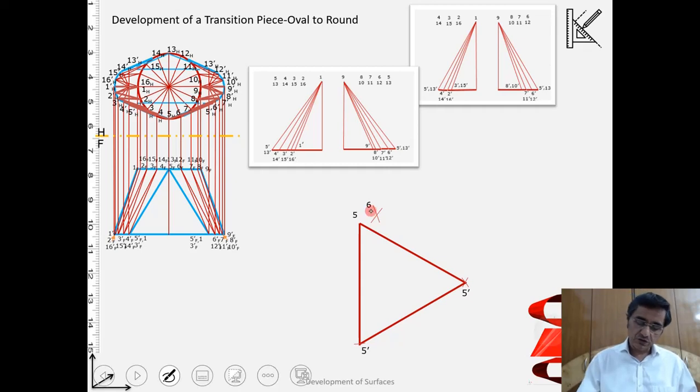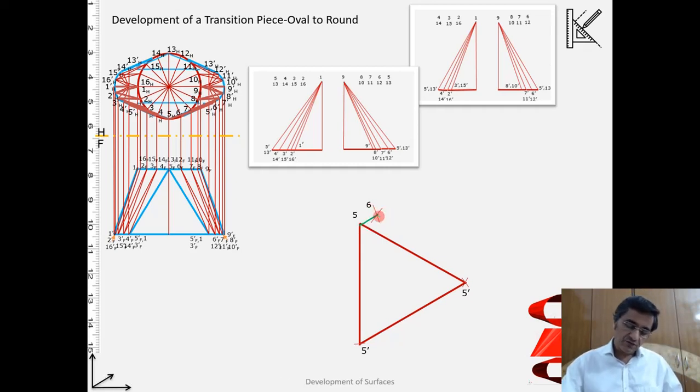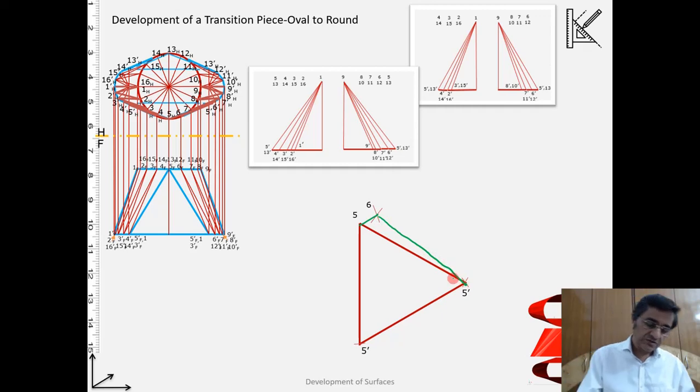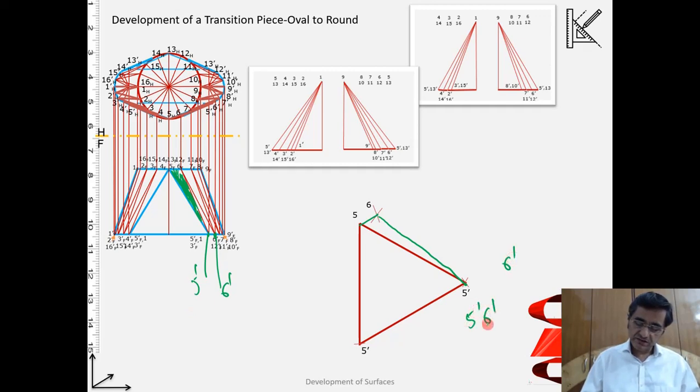Once the 6th point is located, that means my very first triangle, which is corresponding to the triangle here, has been made. Alright, next to this I have from 5 to 6 dash. So this point is 5 dash, this is 6 dash, and in order to locate now 6 dash, I need the length 5 dash, 6 dash, and this length we will get from the horizontal projection.